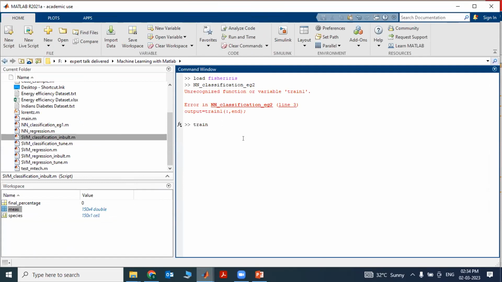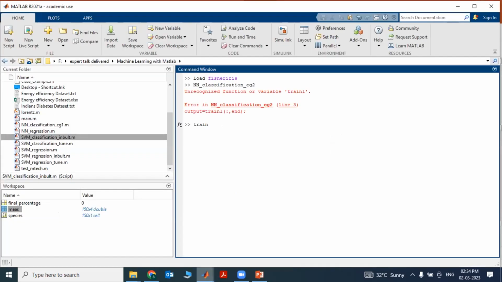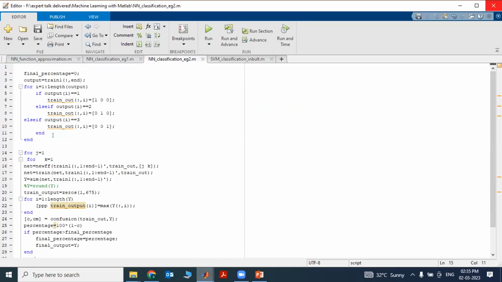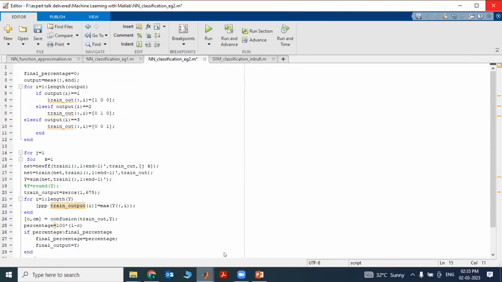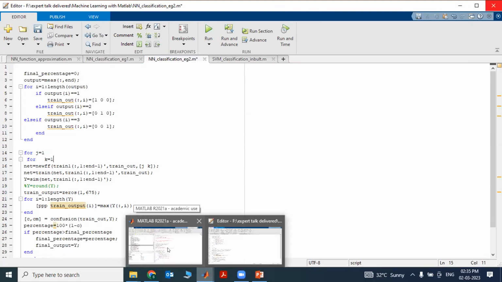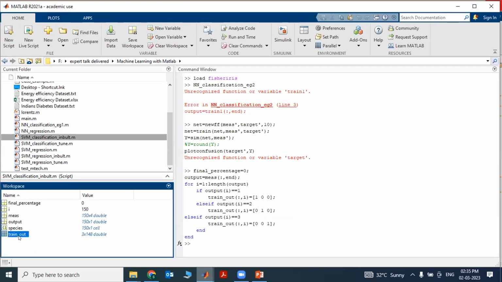This is a very easy code. So we have created the train output.